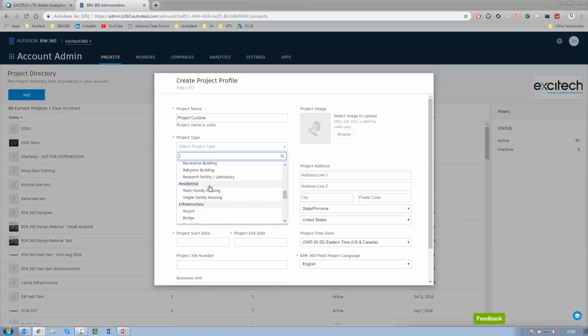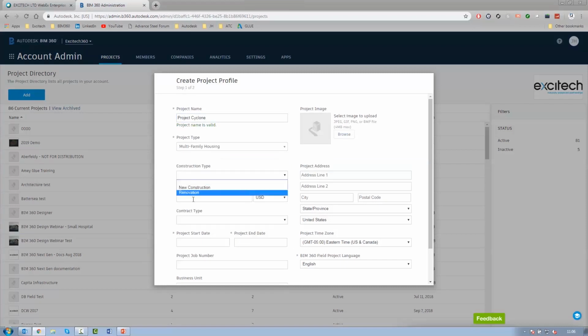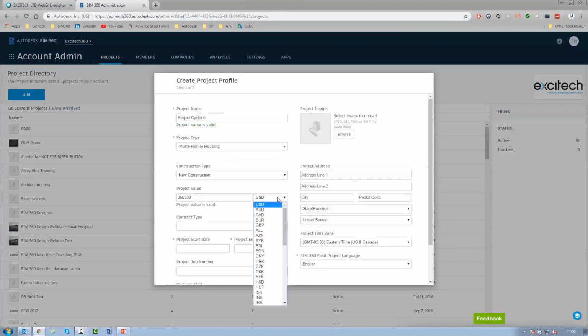And you can see as I scroll down the list, there's lots of different types. So just for this instance, I'm going to go with residential multifamily housing. We then have a construction type where we select the drop down, and then I can choose, in this case, new construction. We can specify a project value. So I'm going to say, let's say 350,000, and then I can choose